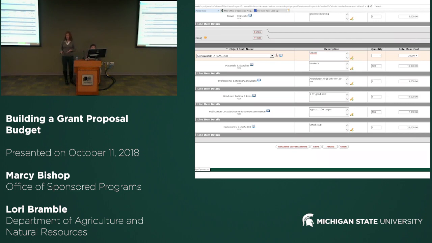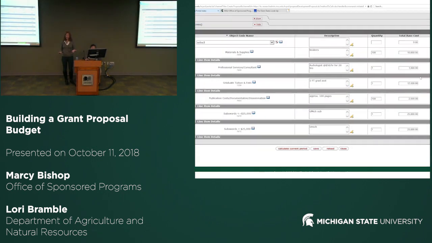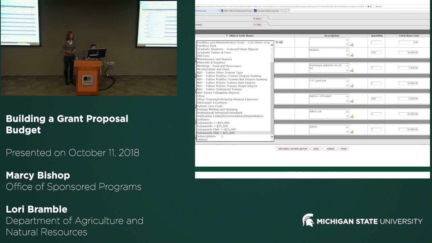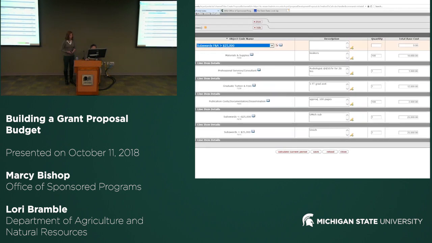Or if it was $100,000, like our example, then you'd be putting 75,000 there. And then for their F&A, since we've already used up our under 25,000, we're going to do subaward F&A over 25. So let's say their F&A is 20,000 on this.